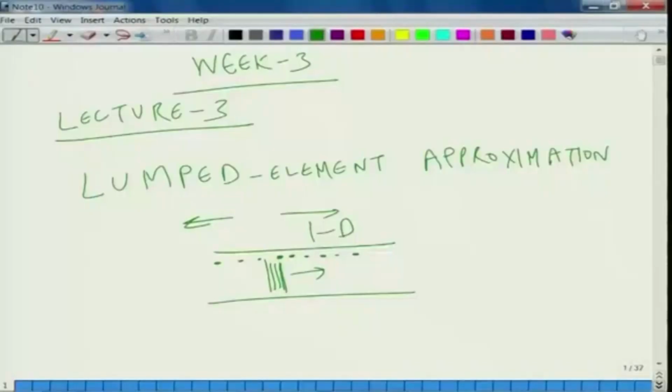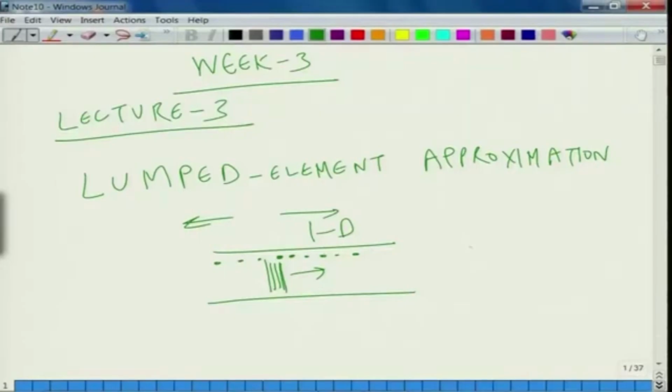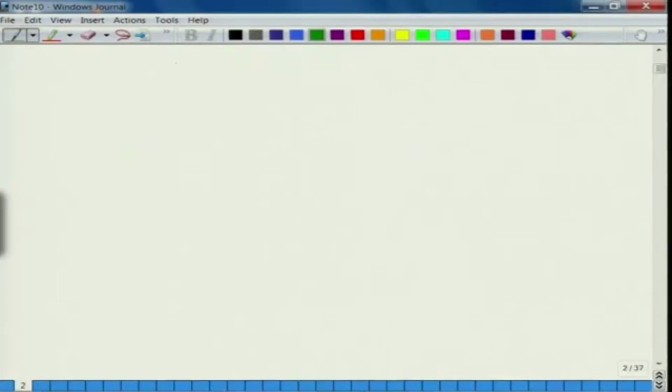However, for low frequencies, or if the length of the duct is very small, it might be considered that all the particles are oscillating with the same phase, or they are behaving like one lumped unit. That is to say, they are no longer a continuum. Suppose you have a duct like this. The entire mass in the duct is behaving like one integrated, one common system. All the air molecules can be lumped together, the effect in one system. Such a special case arises under two circumstances where the frequency f or f naught is very small,